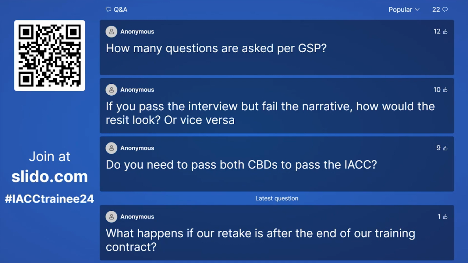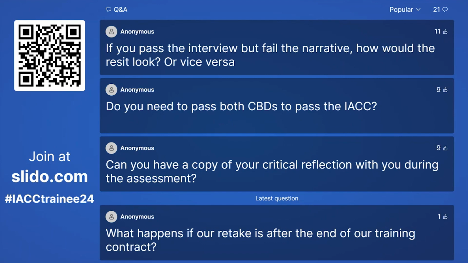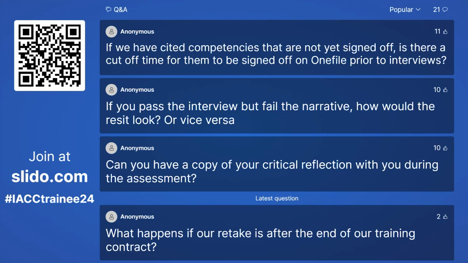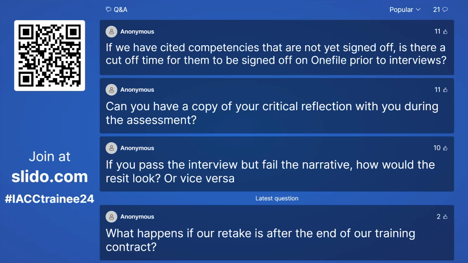Okay, thank you, Nikki. So how many questions are asked per GSP? It's individual to the panel. They roughly work out timing wise. You've got 45 minutes to cover 5 domains. They will potentially ask 2 or 3 main questions. They might probe further, or for some panels, you might find that they only feel there's one question they want to present.